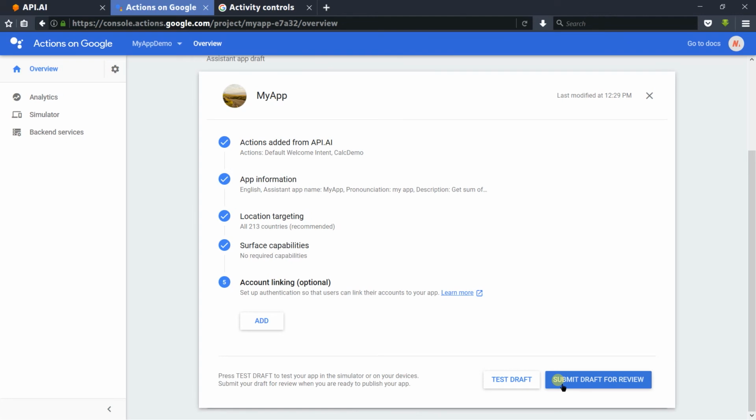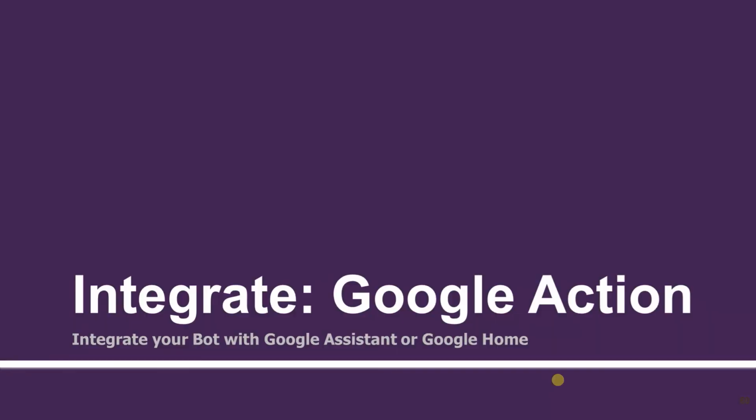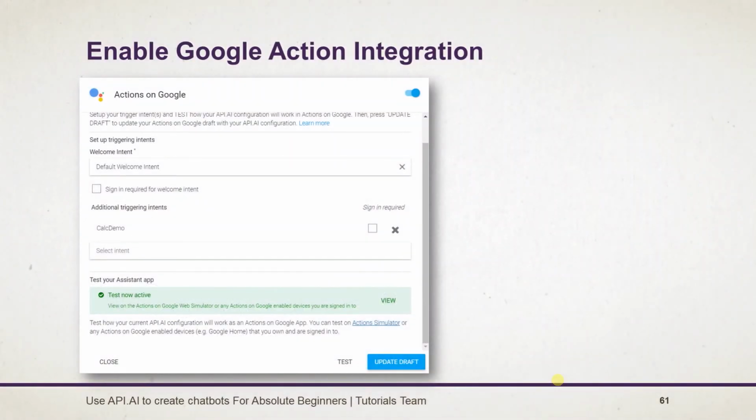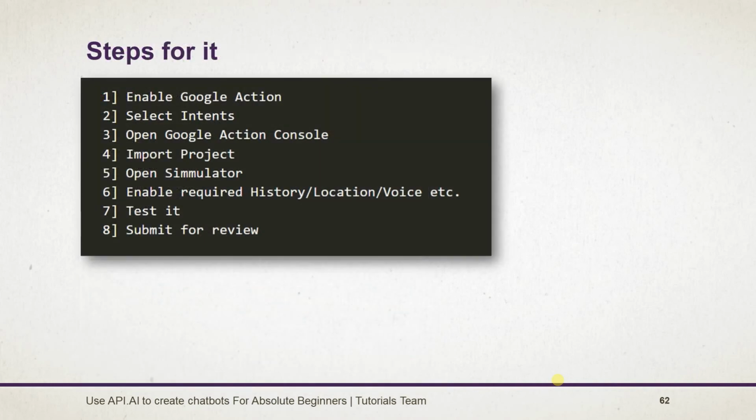Let's see what we learned in this session. First of all, we need to enable the integration on the Google Action and select the intent that you want to use for the Google Action. And we need to open the console. In this example, I created the test project from the API.AI directory. However, you can also create it from the